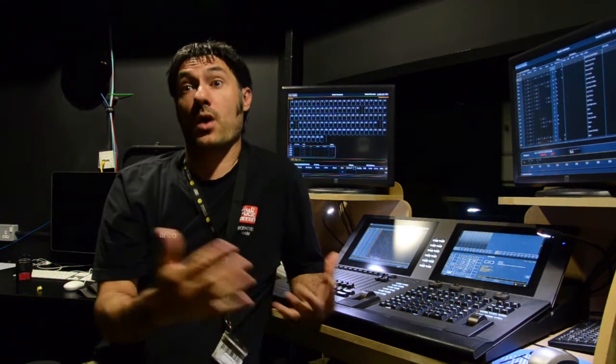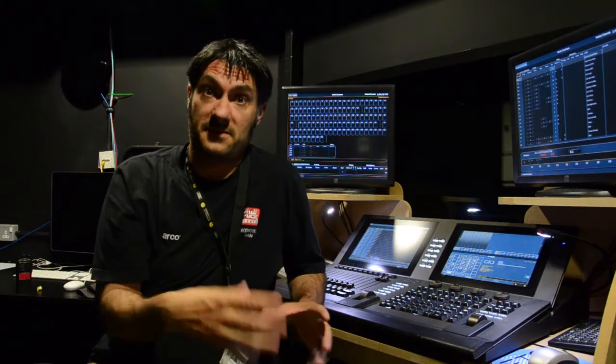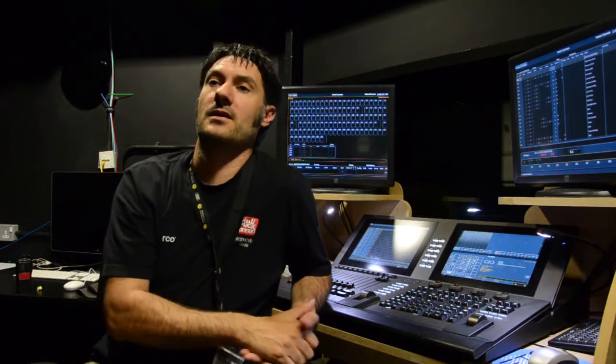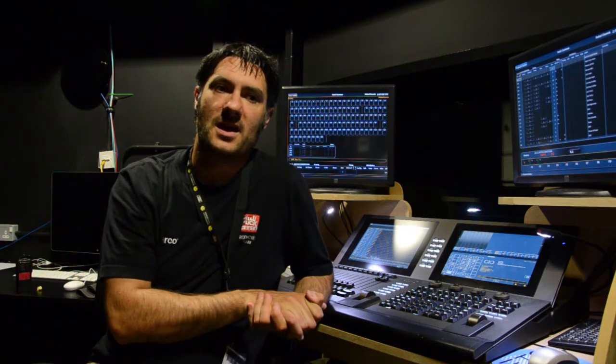So Jambi had almost given me a white piece of paper to light, which is fantastic. The only part of the set that was strict within a colour template was the floor, but even that could pick up a lot of colour because of the black and white QR code on it. So from my point of view it was fantastic, because I knew that whatever colour I threw onto the set, it would take it. She had given me a very nice 3D blank canvas to work on,